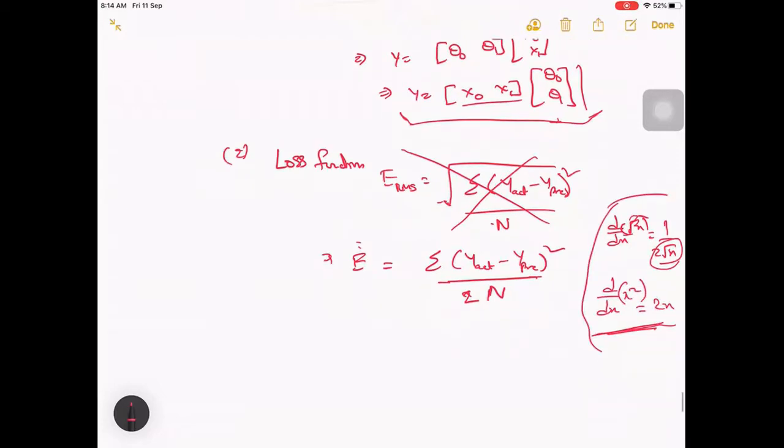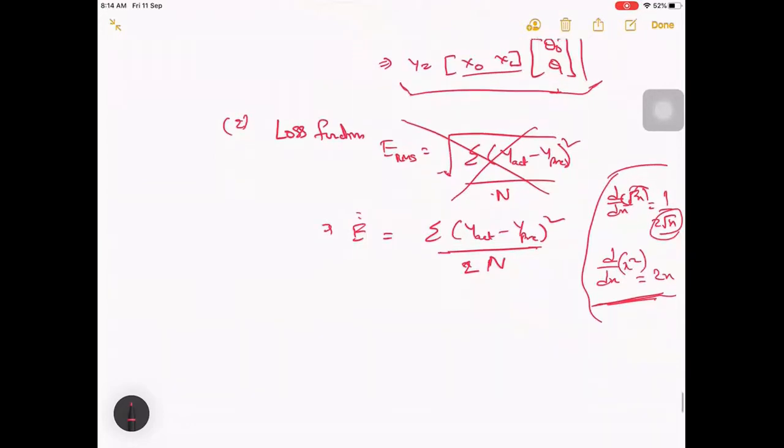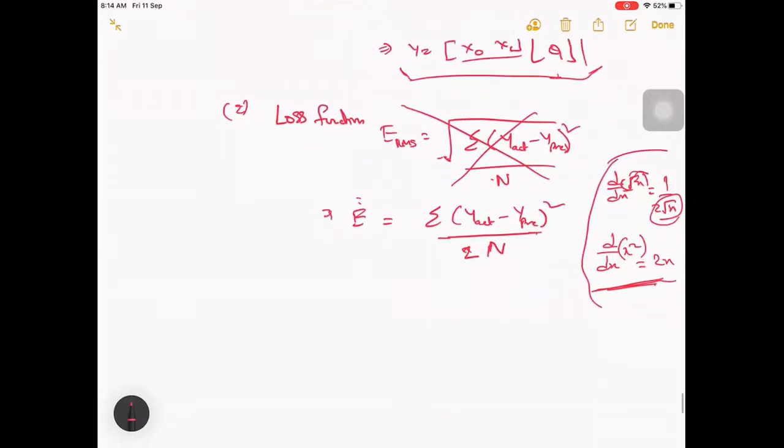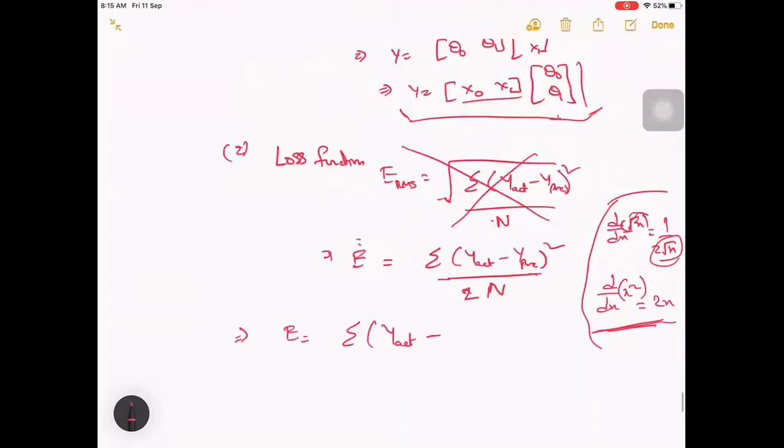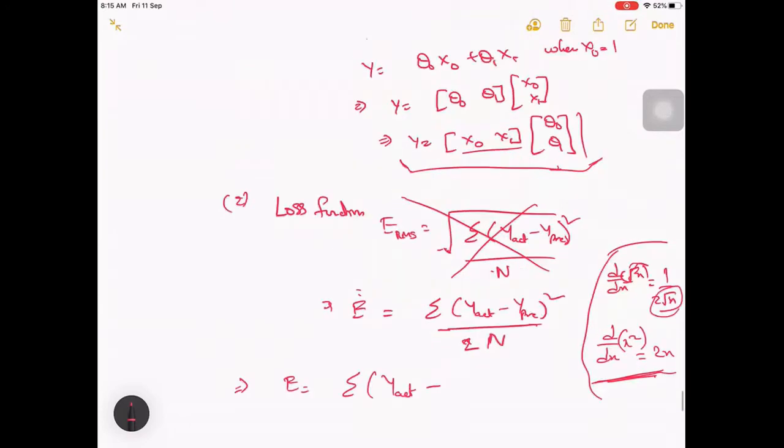It also has further advantages, which we will come to in a session where we talk only about loss functions. So if you take this, what will be the e? It will be y actual minus y prediction, which we will get from here, right?